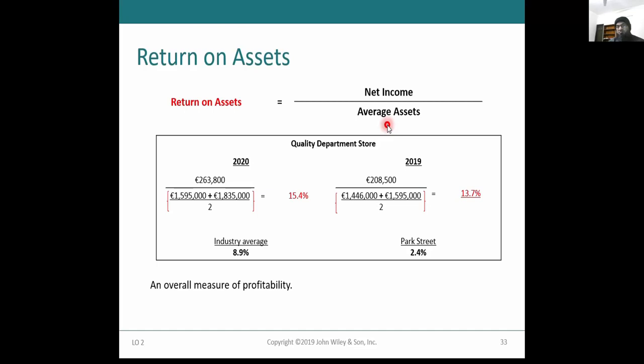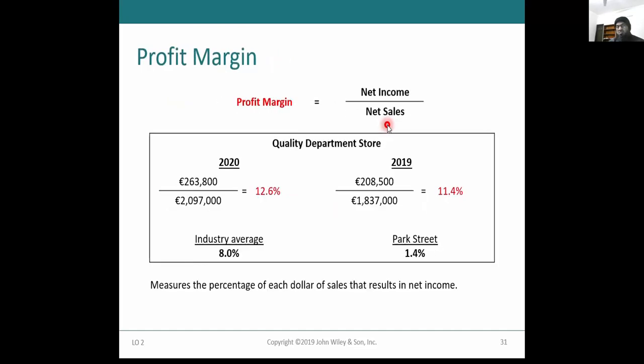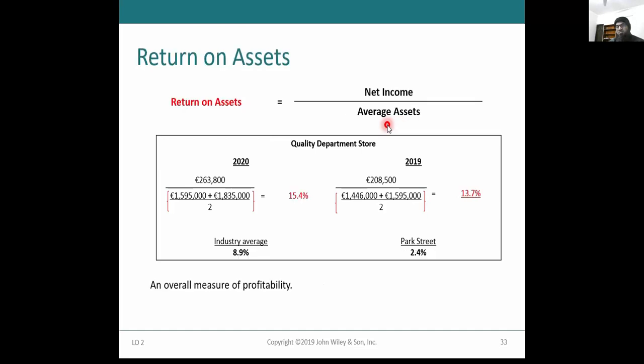And return on assets, which is net income upon average assets. So if we multiply these two ratios, profit margin, net income upon net sales, multiplied by asset turnover, net sales upon average assets, then we actually get this ratio, return on assets, which is net income upon average assets. So again, this is not the true version of the return on assets ratio, right? This is not a true version, because